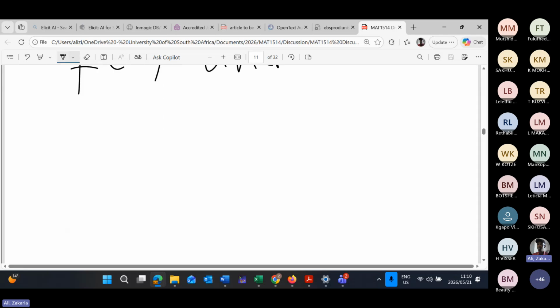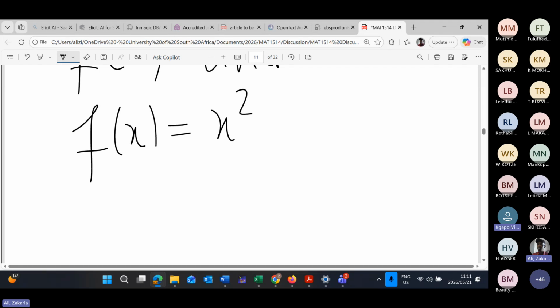If I take f of x equal to x squared, can I calculate f of 1, f of 2, f of minus 1, f of minus 100, minus 3, f of 0? Can I compute all of those? Yes. So which means that I can compute even f of half, f of quarter, f of pi, f of